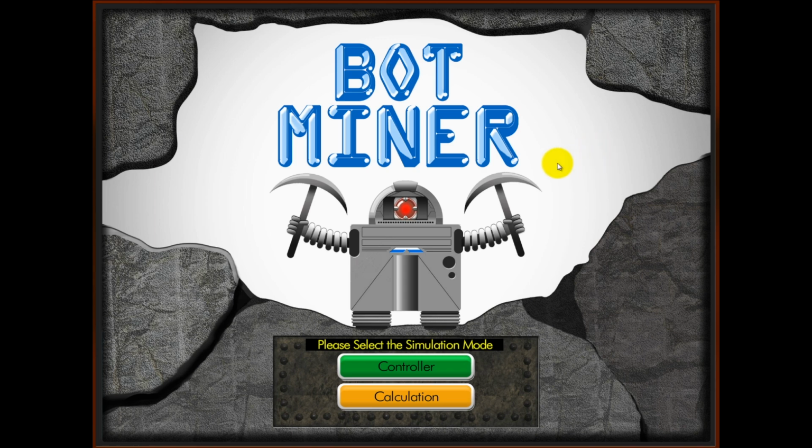From the home screen, you must choose to enter controller mode or calculation mode of the simulation. The controller mode allows you to regulate the speed of your rocket ship via a thrust button. The calculation mode requires you to calculate the speeds needed to make your rocket rendezvous with an asteroid prior to